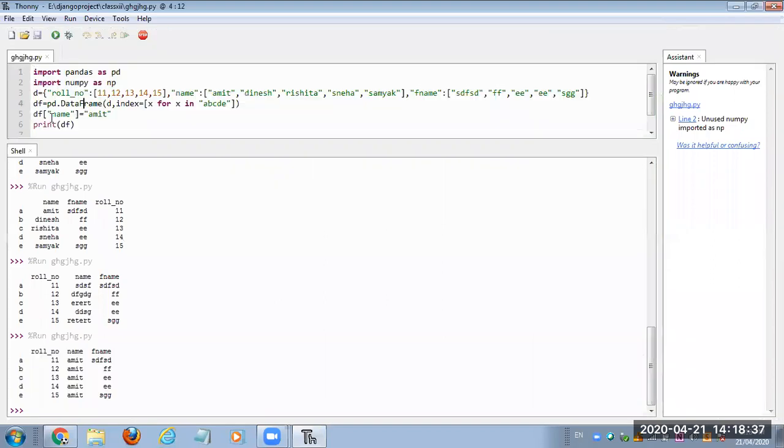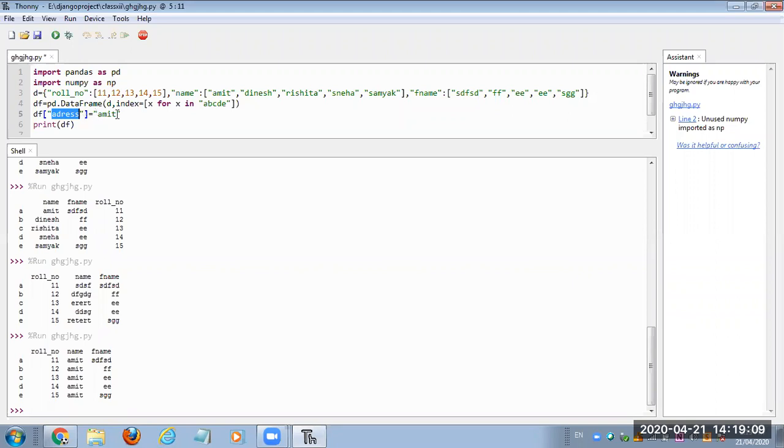Okay. Now suppose I am giving a column name which does not exist in the data frame. Suppose address: df address equals to Amit. This is again a scalar value. What will happen? Because this address column does not exist in the data frame, by default the system will add a new column in the data frame named address.